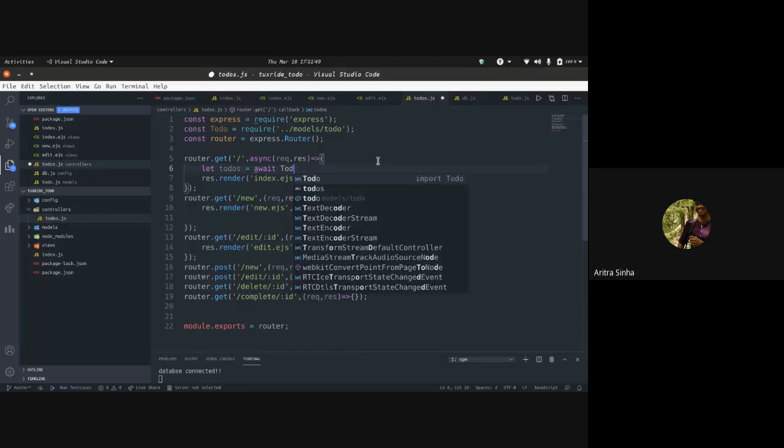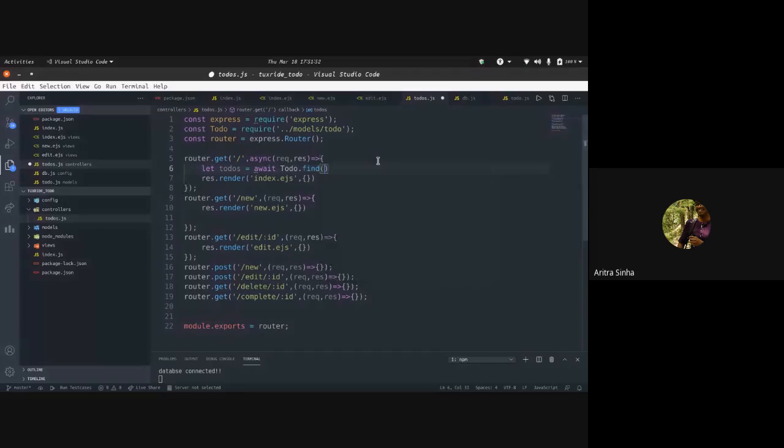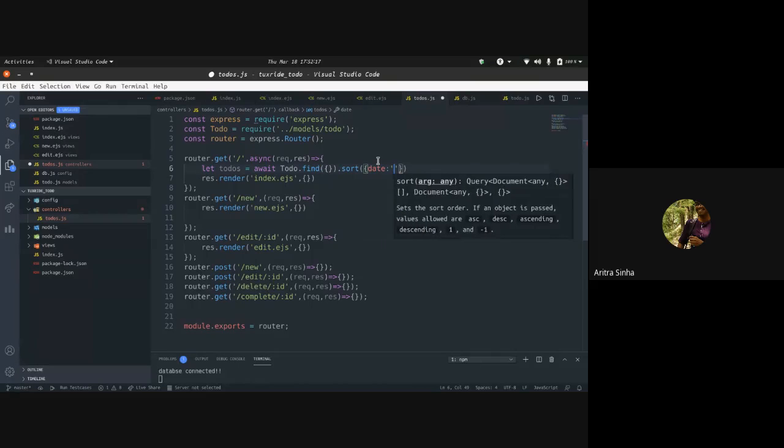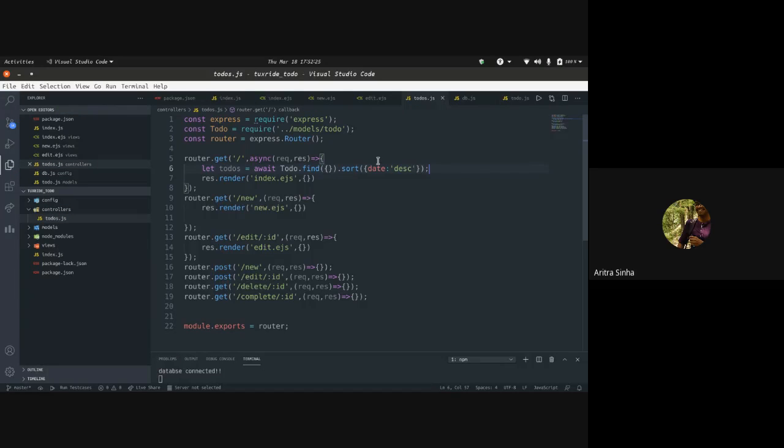So we'll write Todo.find, and inside these braces we can provide a criteria, but since we are printing them, we want to print all the to dos, so we aren't providing any criteria. We will just sort it according to date, and we'll give it descending order.